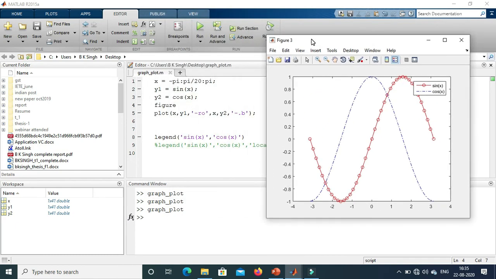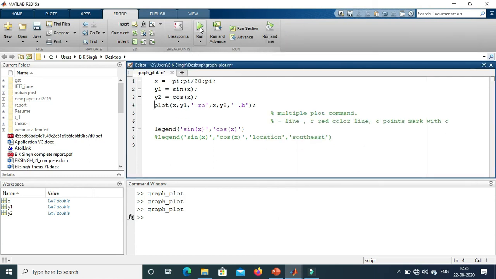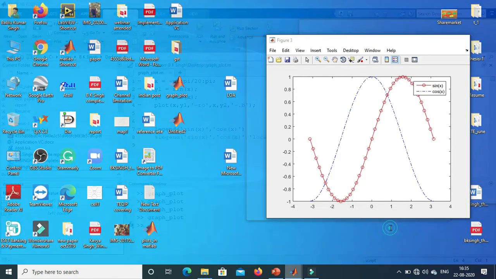So every time if you want to compare the previous waveforms or previous graph, we use a figure command. Otherwise, if we remove it from the code and then run, it will give the plot on the last palette, that is figure 3.